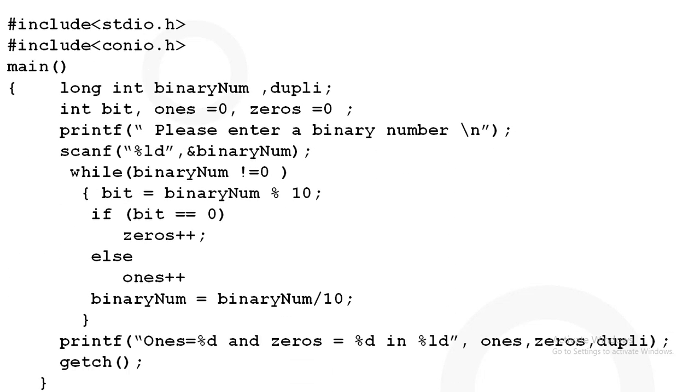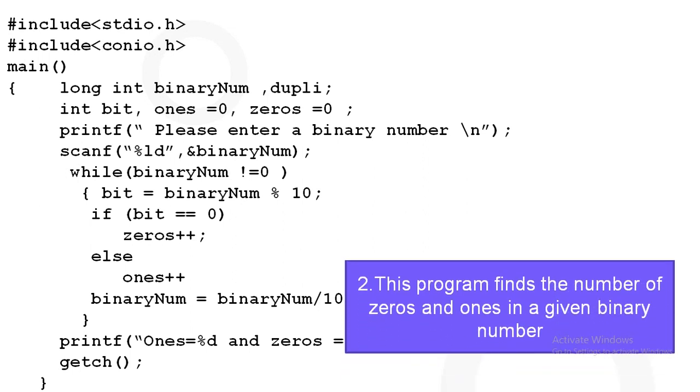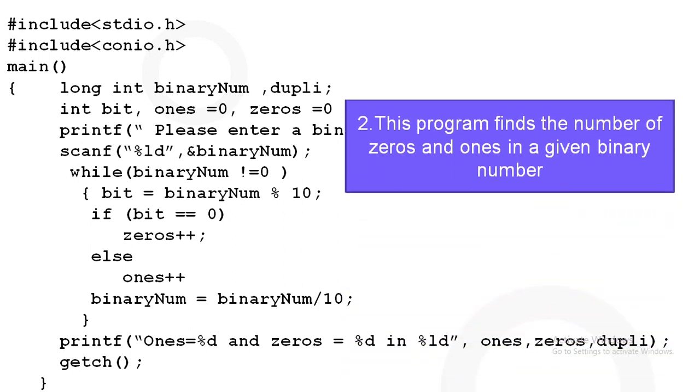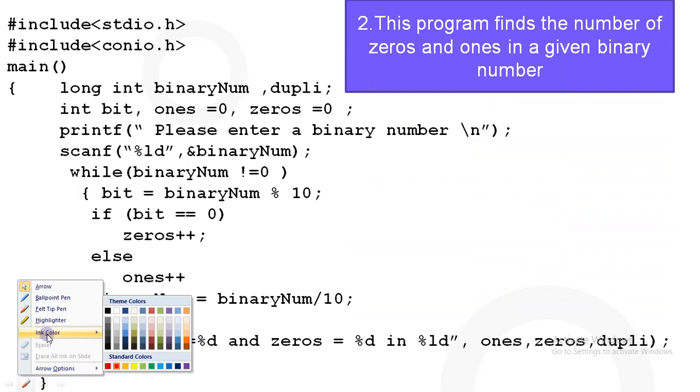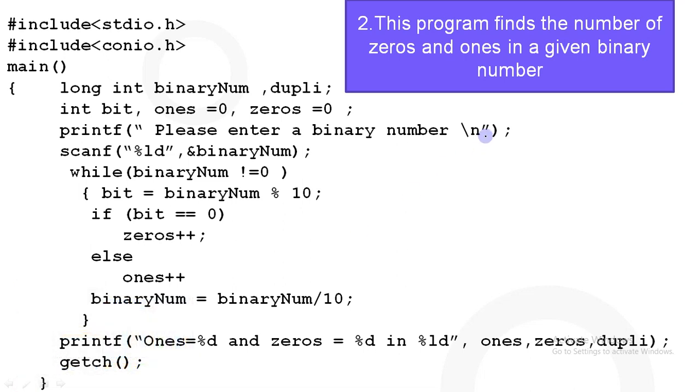Okay, and this is another program which will count the number of zeros and ones in a given binary number. Okay, this comes through a logic. The logic is extricating or taking out the digits one by one. Okay, let us say this is the binary number